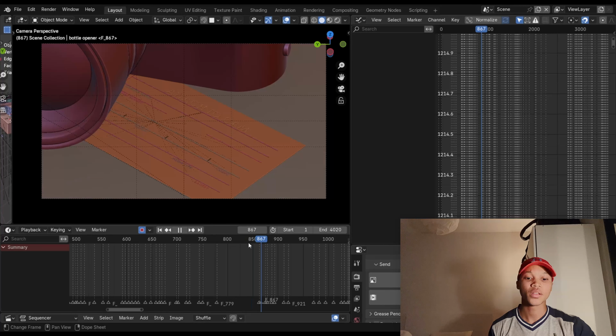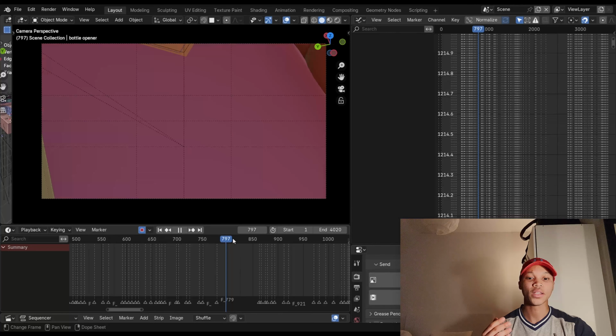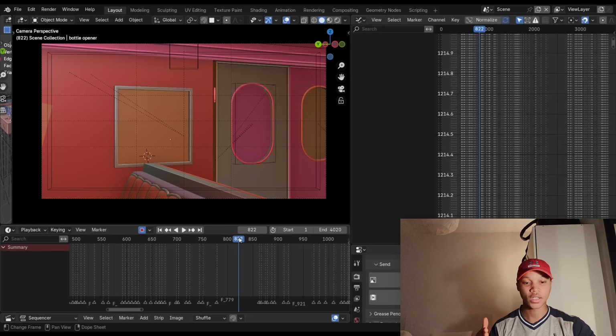I don't know. By the way, for the part after the gunshot, when the camera goes into the kitchen, before the camera goes into the kitchen, the blood isn't there. If you want to know how I made that, it was basically with this node setup.